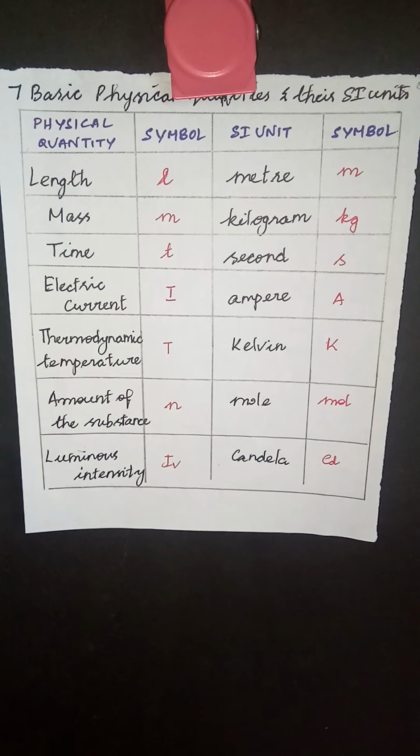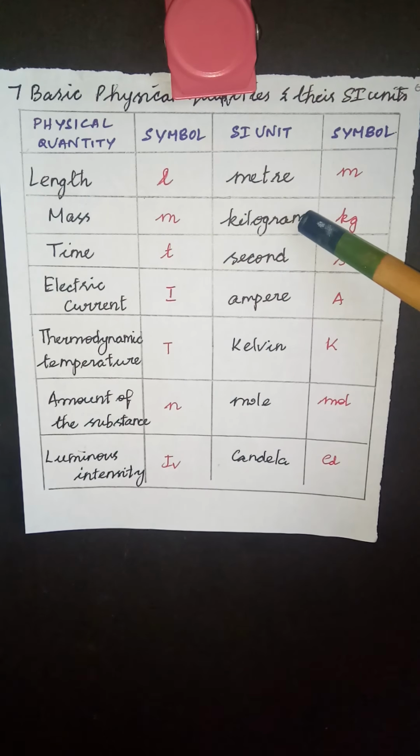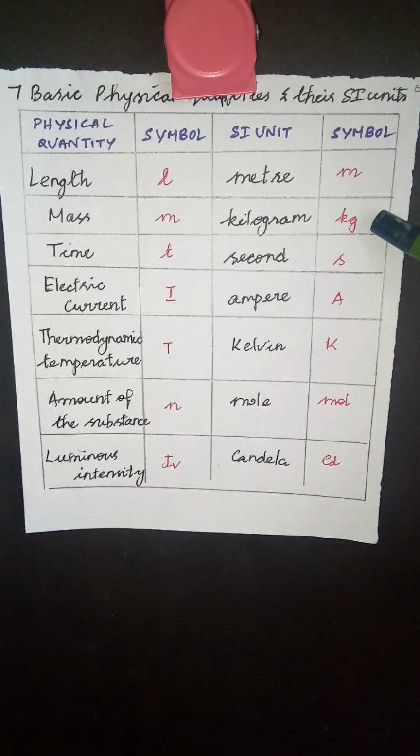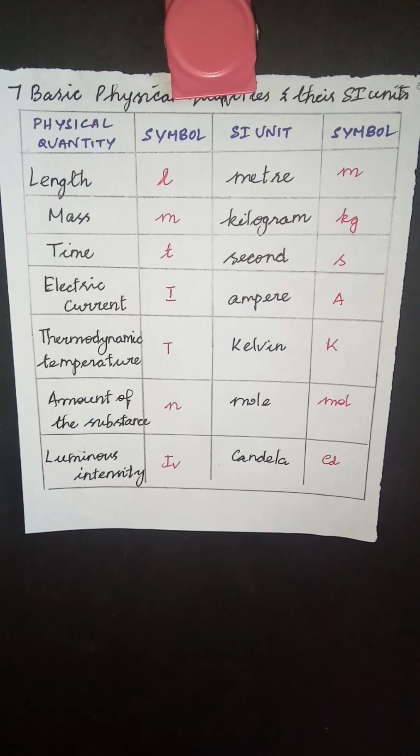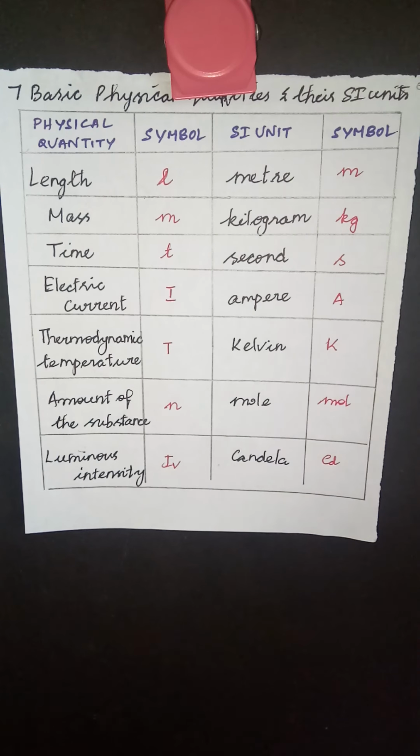Now you might have a doubt. Here the SI unit is kilogram for mass, and the symbol is kg. And we know if you go to a gold shop, we don't usually buy gold in kilograms. We usually buy it in grams. So what is that gram? Same way here, the SI unit of length is meter, but when we measure distances, we use kilometers. So aren't they SI units? Yes, they are SI units, but they are called subsidiary units.